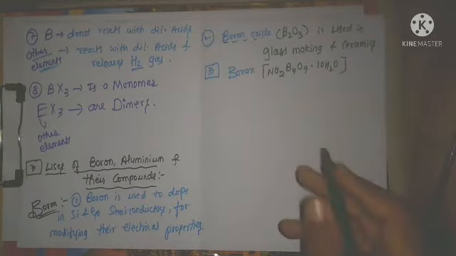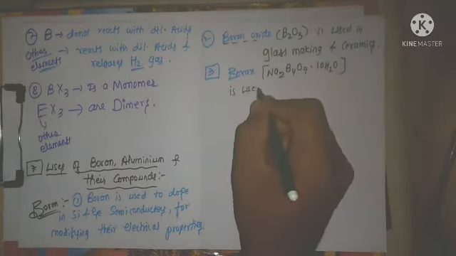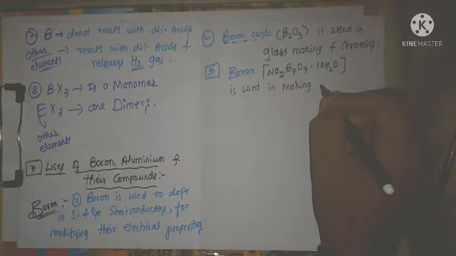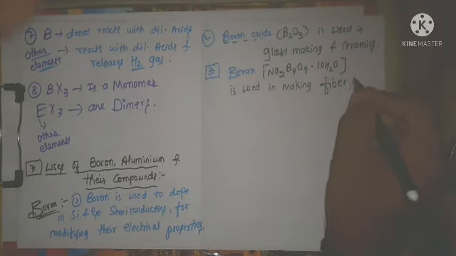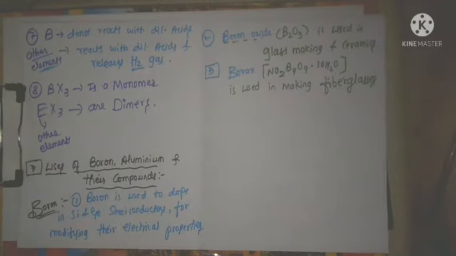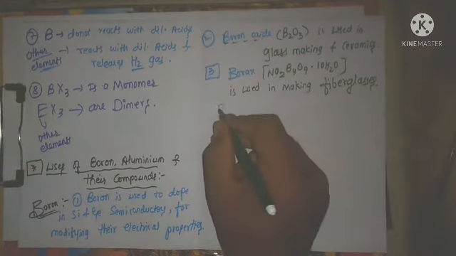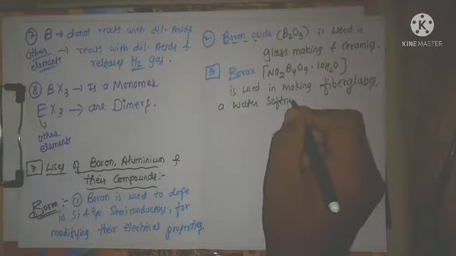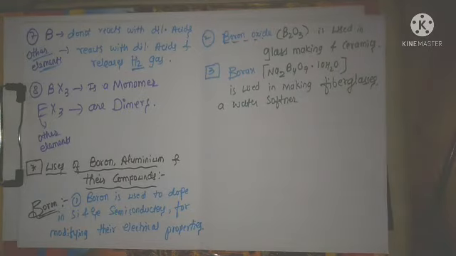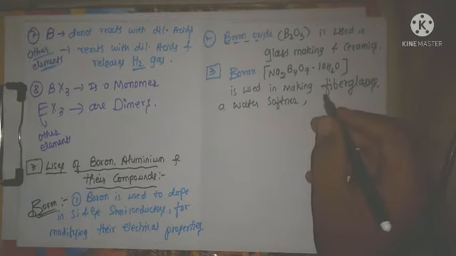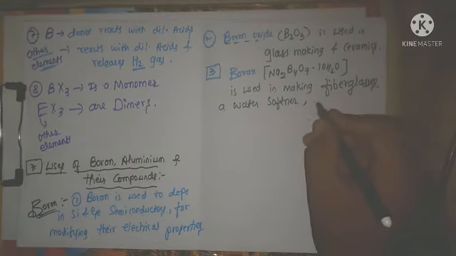Borax is used in making fiber glasses. Fiber, you know already, correct? For making fiber glasses, borax is used. And also it is used as a water softener. And also for killing bacteria, viruses, etc. Means it is used as